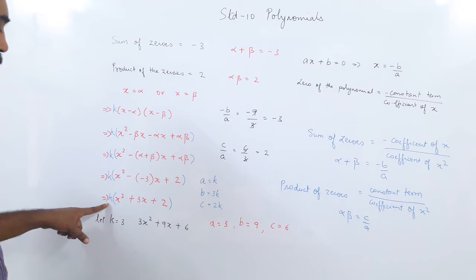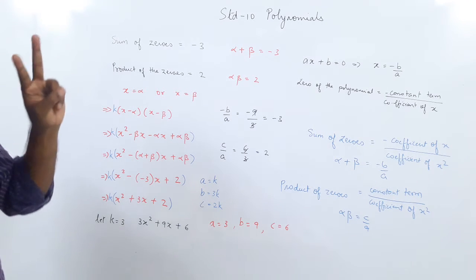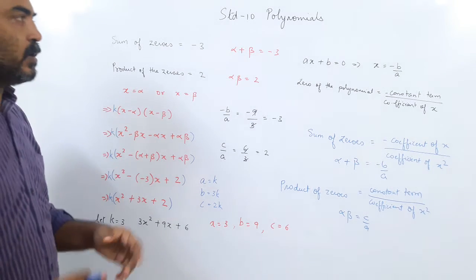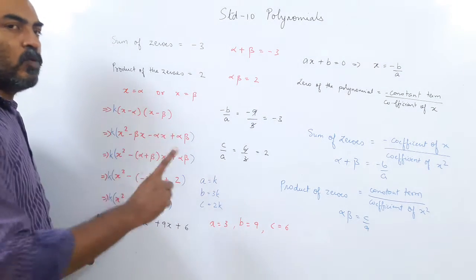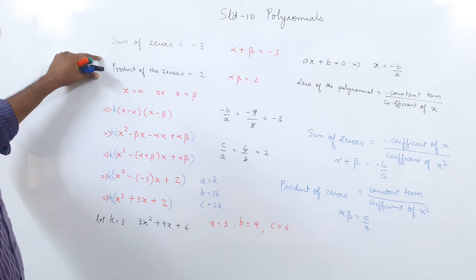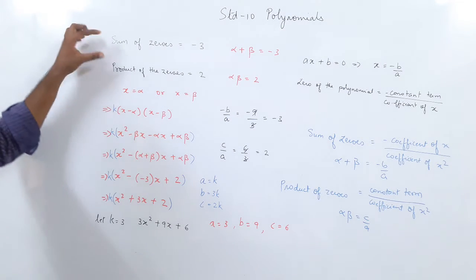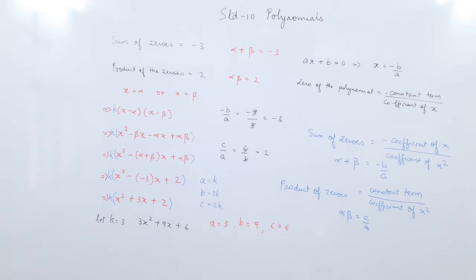I am trying to say that when you are given a quadratic polynomial, you will find 2 roots. If the roots are given, you will find one quadratic polynomial. Like I told you, if the roots are given, then when you multiply, you only find one quadratic polynomial. But if you are given the sum of the zeros and the product of the zeros, then you will find infinite quadratic equations which satisfy these two. That is why we put the k outside. So remember this, if you do not put the k, you are liable to lose 1 mark.